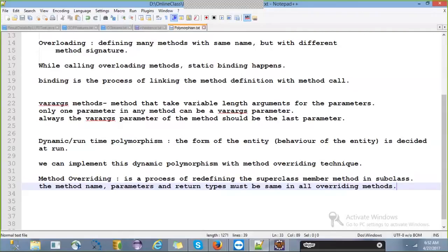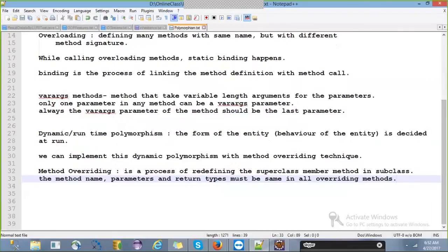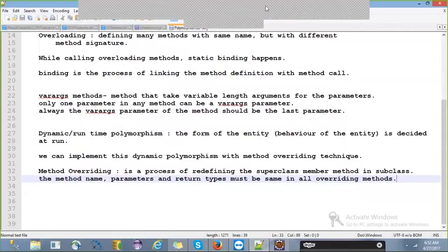Is it clear, guys? If the definition is clear, I'll show you the example. Yeah, guys, is the definition clear?